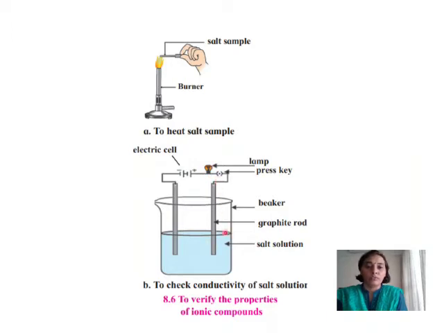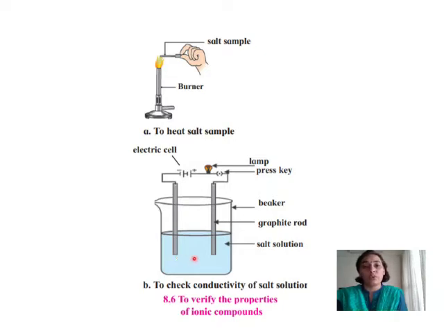So what do you observe when you press the key? When you press the key, the circuit is complete, and if the current is flowing, the bulb will glow. If the current is not flowing, then the bulb will not glow. In the case of NaCl, we find that the bulb glows. Now, why does the bulb glow? Where is the electric current coming from? When you pass electric current, the sodium chloride present in this solution undergoes ionization, that is, it forms ions, or we can say it undergoes dissociation, because ions are already present in NaCl. So it just separates from one another.